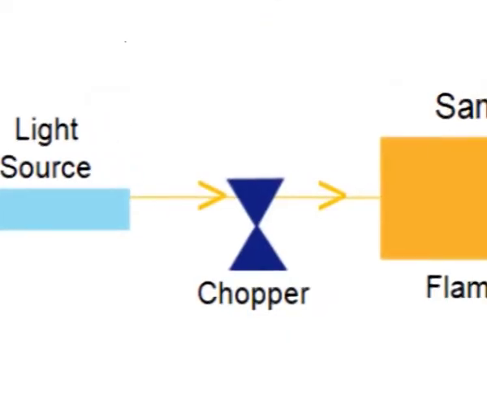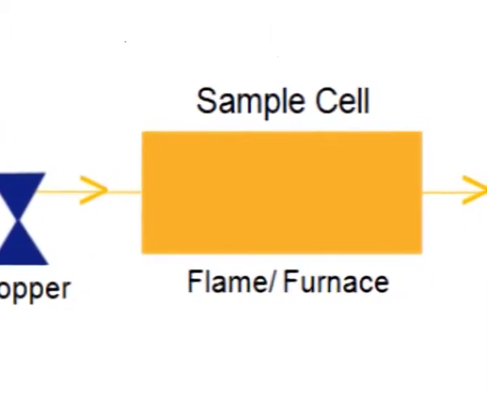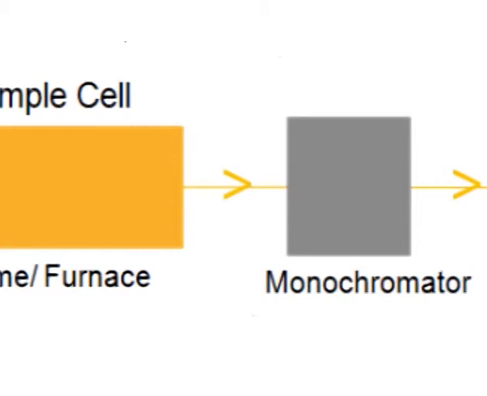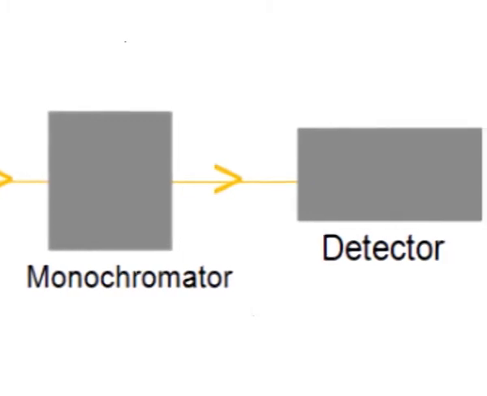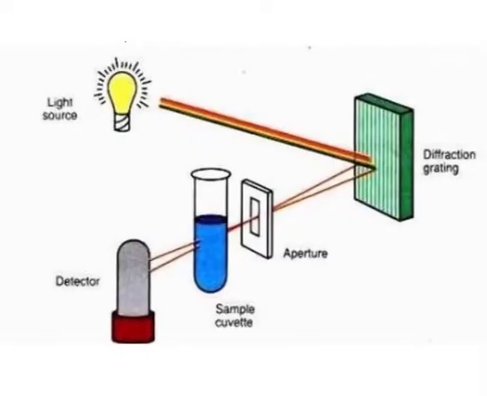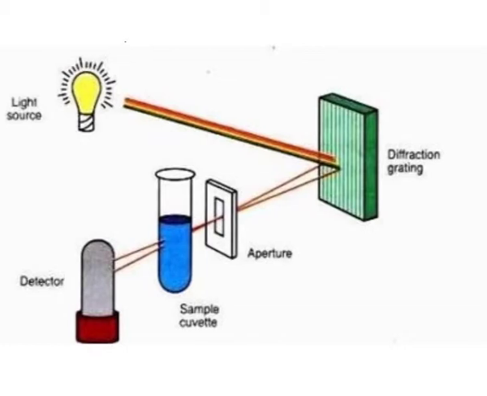The light source, comprising of a hollow cathode lamp, emits a sharp atomic line of the element whose determination is required. The light is modulated, that is switched on and off rapidly by means of a rotating chopper located between the light source and the flame. Modulation can also be achieved by pulsing the power to the light source. Modulation serves to differentiate the light coming from the source lamp from the emission from the flame.